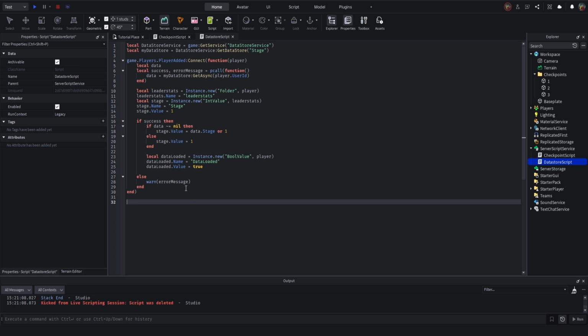The second thing we want to do is make it so that if the player leaves, it saves the data, because there's no purpose in saving the data if there is no data to load. So to do that, we're going to run this. Game.Players. Instead of PlayerAdded, we're going to do PlayerRemoving. Once again, we're going to connect this to a function to run every time a player is removed